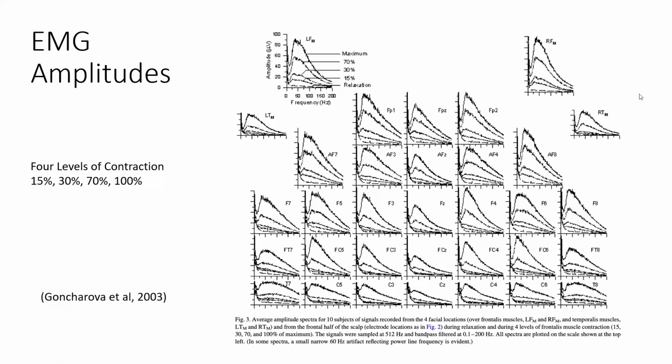So Goncharova, if that is how you pronounce his name, and I'm not an expert in names around the world, but he actually measured people's EMG amplitudes, and he set up a system so you could gauge whether your contraction level was at a 15% rate, a 30% rate, a 70% rate, or a 100% rate. Elegantly done research. And he did it at all locations in the EEG. It's one of the best research projects on this I've ever seen. And I forget who sent it to me. It may have been Michael.